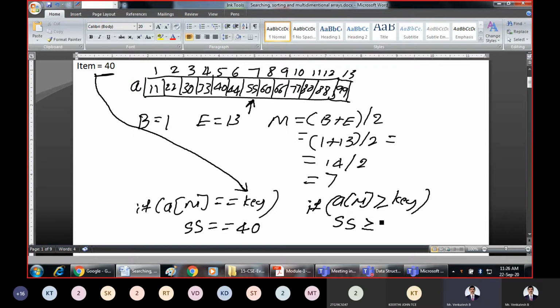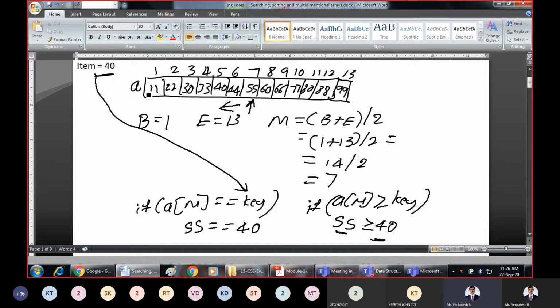Key element is 40. That means the middle element 55 is greater than or equal to 40. So when this is the case, we should not search the right side of this array. It is understood that the element is present at the left side.